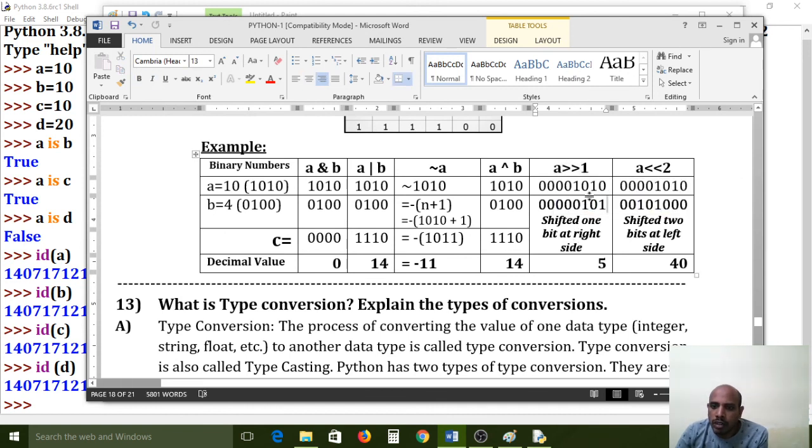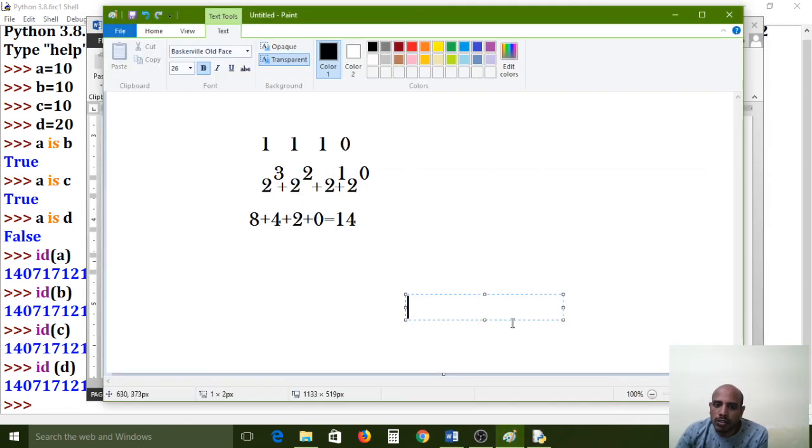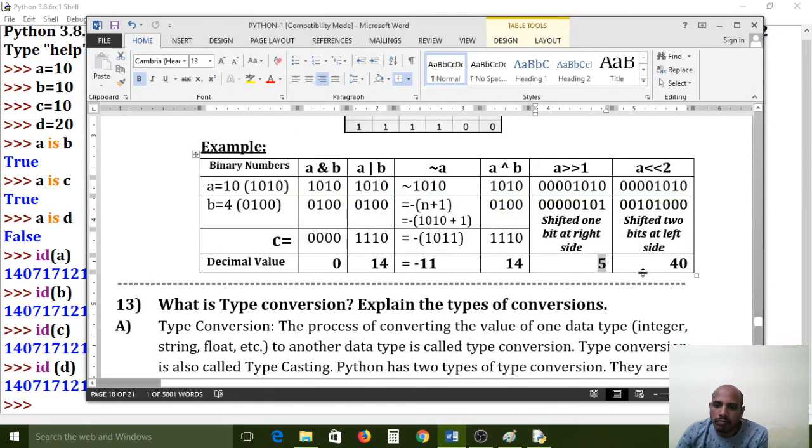So all of you carefully observe. If I remove this one, what is the expression? 1 0 1 0 0 0 0. One more 0 I want to add before, because I removed the last one. So the result is 5. Like that we have to calculate this one also. Then you will get this result only.